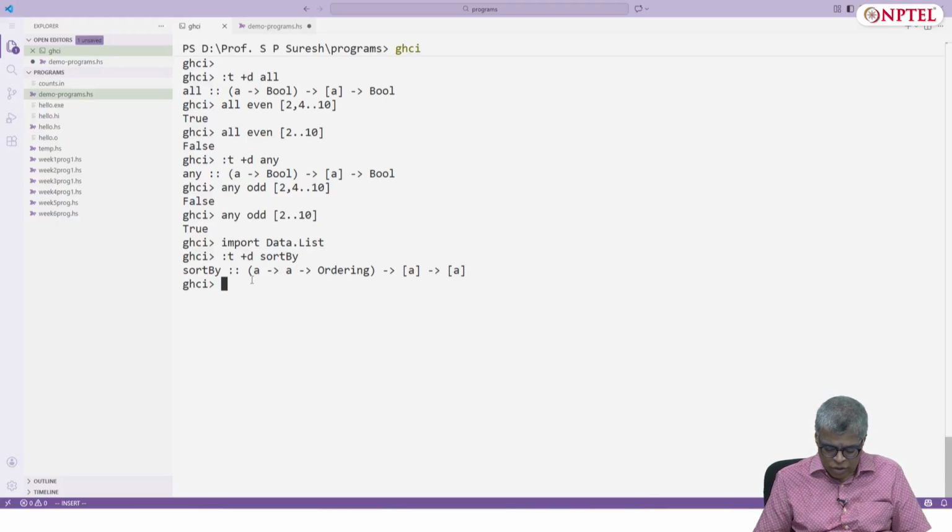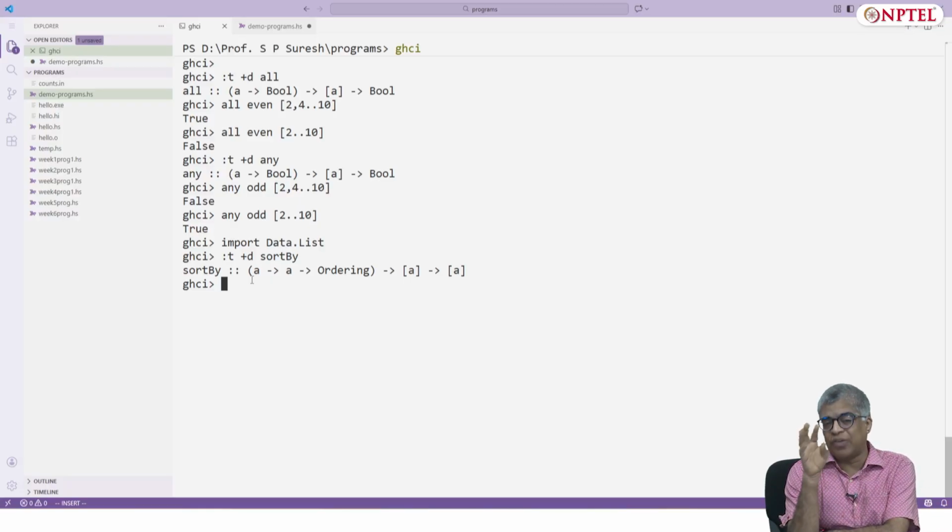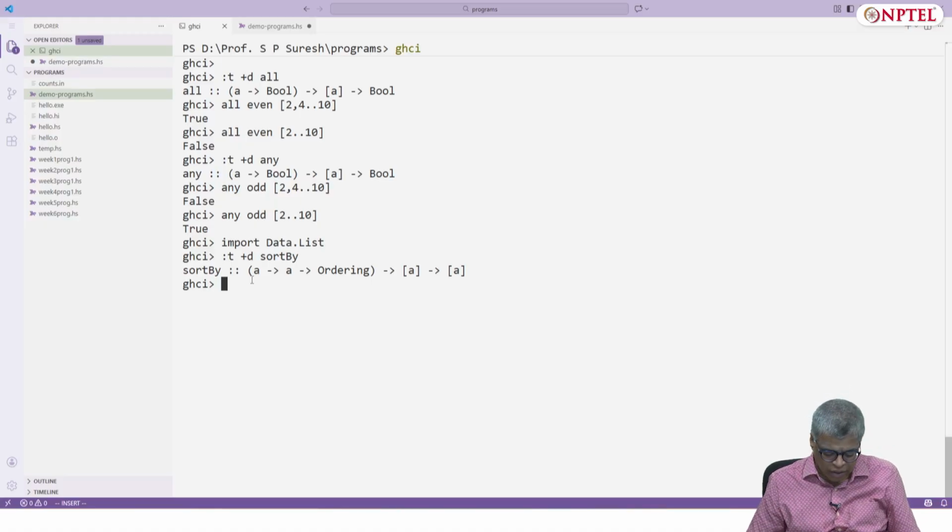Okay, to begin with, ordering is a type that has exactly 3 values. One value is called LT. It's a data declaration you can imagine: data Ordering = LT | EQ | GT, all in capital.